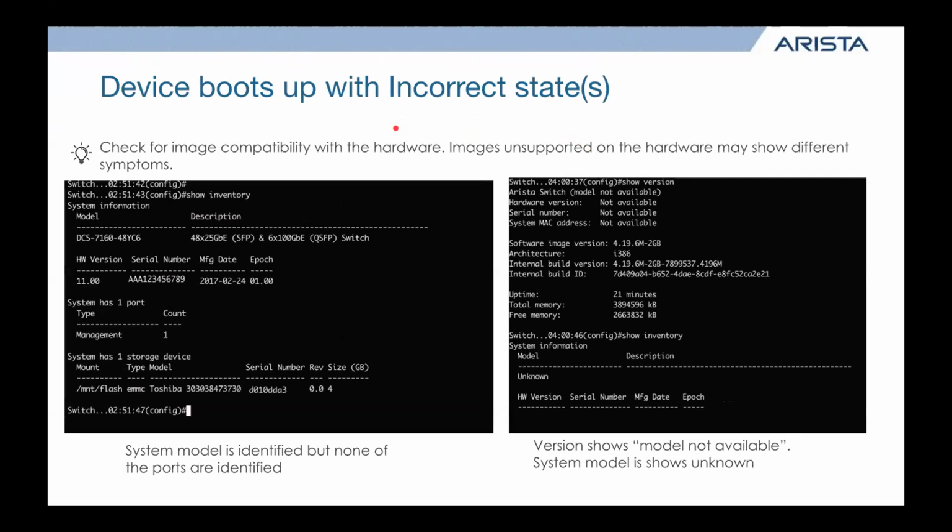And this is kind of the most unique or odd thing customers will see. It kind of threw me off the first time I saw it too. You'll upgrade your software and then you'll log into the switch and you just don't see parts of the switch showing up. You might not see any ports. Hey, we only have 1 port, and it's a management port. We don't see the other 48 ports, or show inventory shows nothing. Show version says not available.